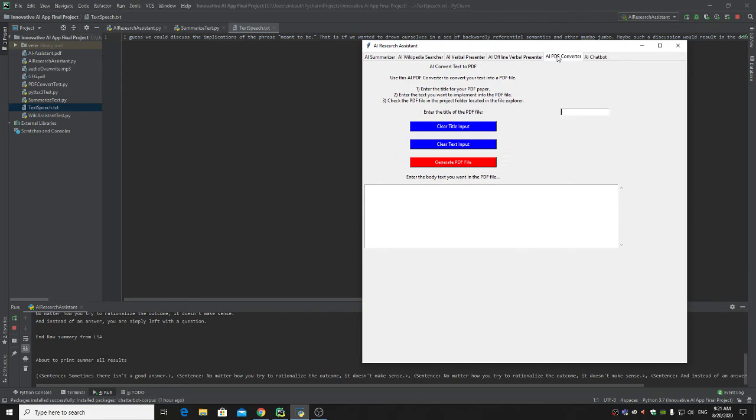And then the next thing is the AI PDF converter. So over here, there's an entry box, and this entry box is where the user can type a title for the PDF document. So, for example, maybe I want to write a paper on Python. Then I would put here Python